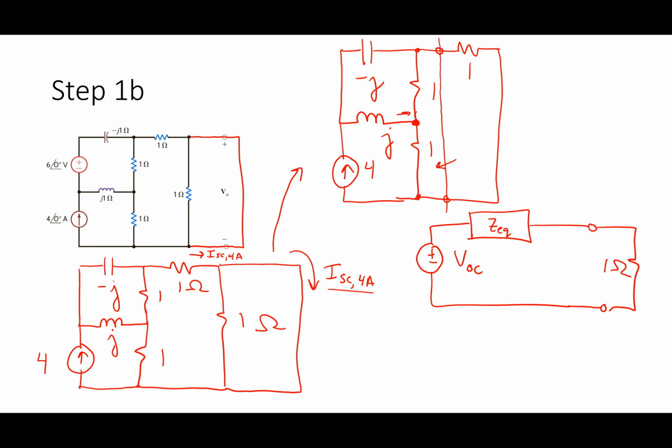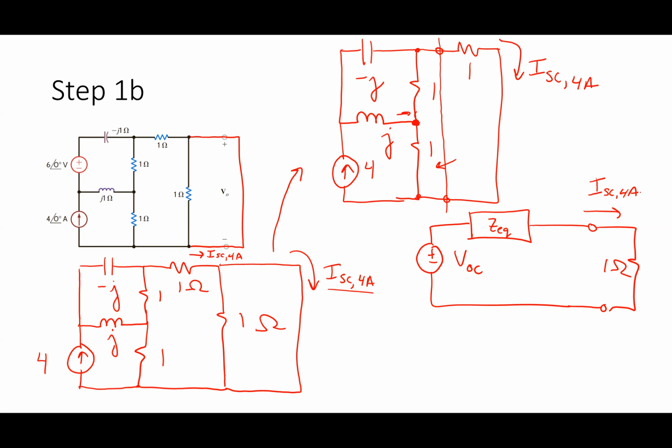Right? Because I know how much current flows through this 1 ohm resistor. 0, right? The 1 ohm resistor that we're talking about here is that 1 ohm resistor. So that means that this current here is I short circuit, 4 amps. So this current is I short circuit, 4 amps. Okay. So I just got to find that Thevenin equivalent now, drop, and then use this approach to make the